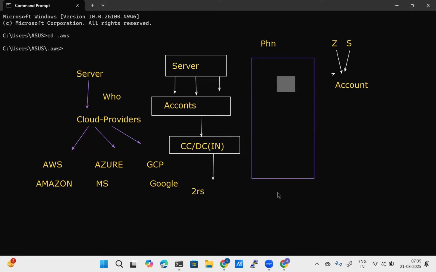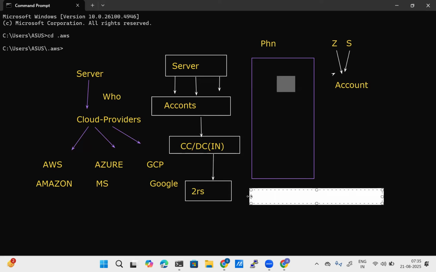That's for damn sure, it will charge only 2 rupees. And also this money will be returned back within 10 minutes. Your 2 rupees will be returned back within 10 minutes.